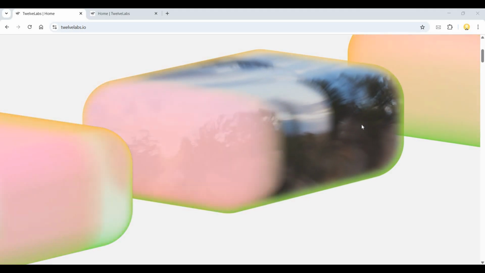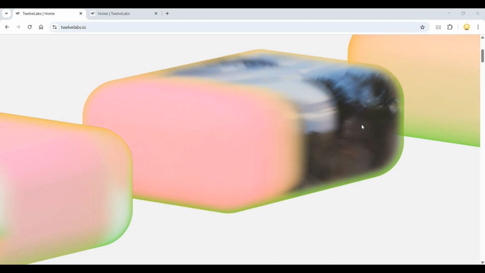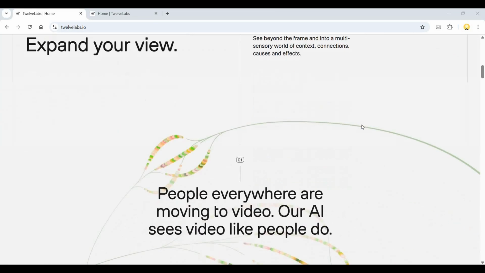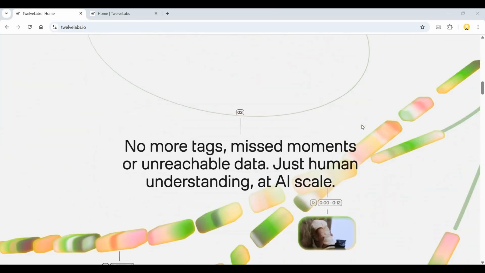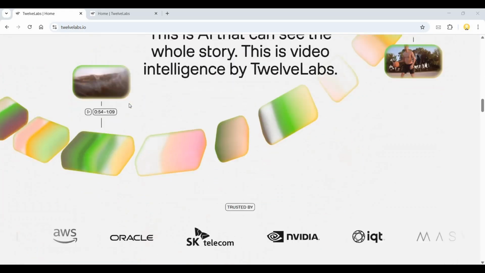So what is the use case of it? Let's say you have a 3-hour video or a movie and you want to find a particular scene in which, let's say, one person is getting graduated. You don't have to watch the entire movie. The AI will watch the entire movie, find that particular instance, and pinpoint that timestamp. Similarly, if you want to find out how many times a particular character appears in the video, it can count all those things for the entire duration instead of you counting manually. So it can do a lot of things using video.